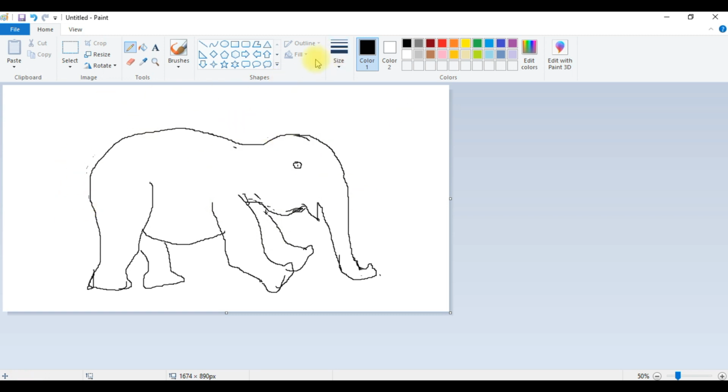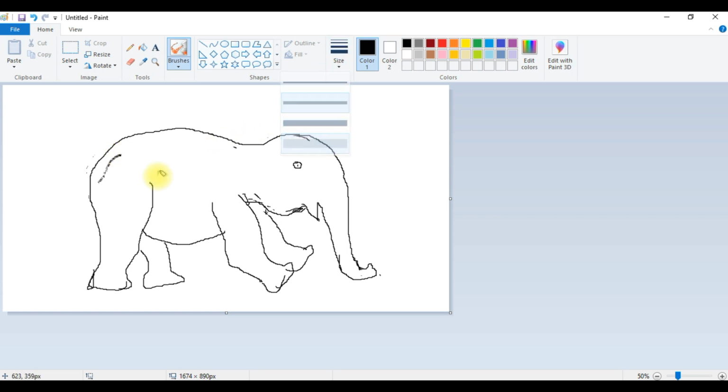Now I'll put some coloring. The elephant will be in black. You can take a lot of brush tools that will be there. You can take any one of the brush tools and just paint it in black.